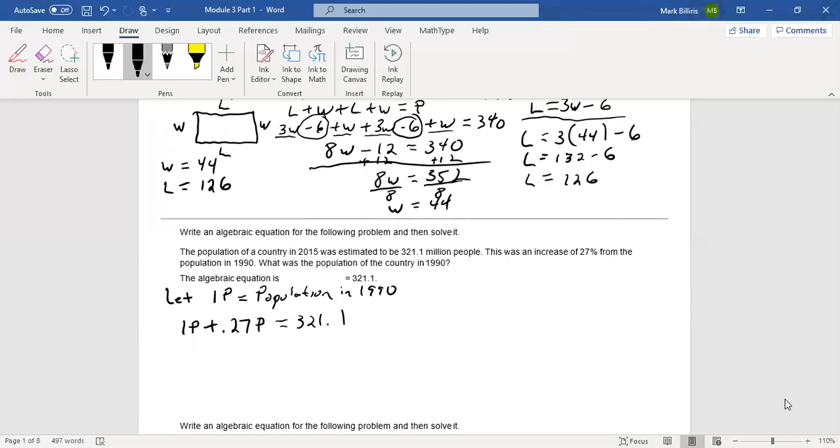321.1. So now we combine like terms. 1.27p equals 321.1. And then we're going to divide both sides by 1.27 to give us p. So you'll take 321.1 and divide it by 1.27. And that gives you